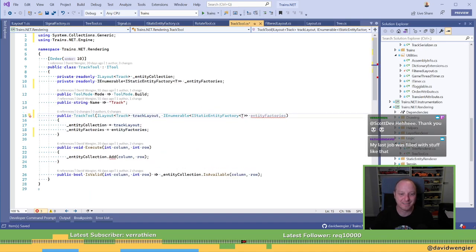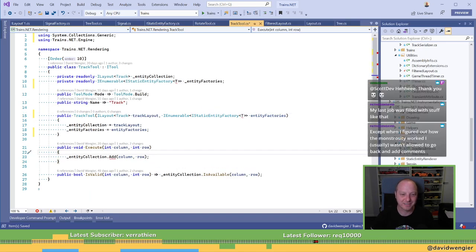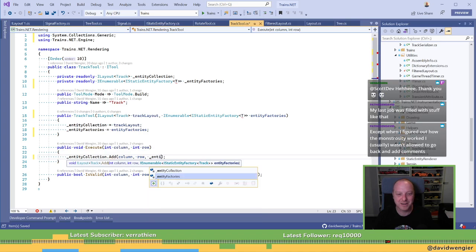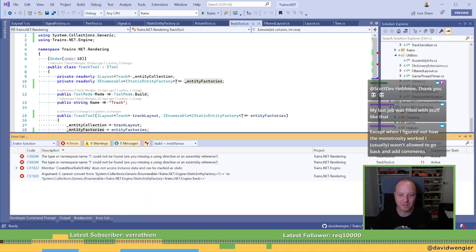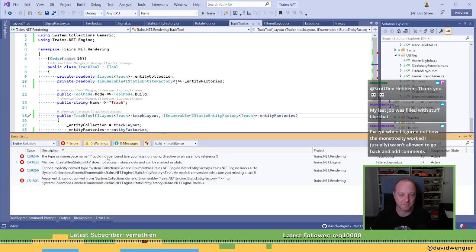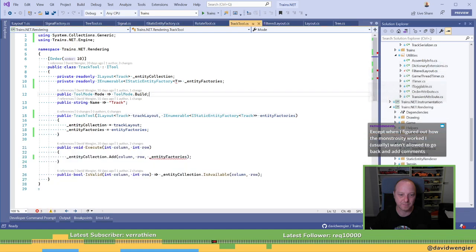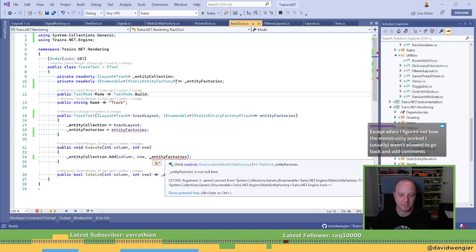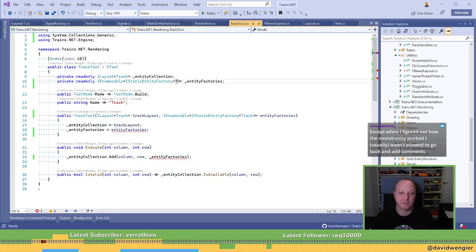Thanks for your suggestion, but no. All right, so this builds, right? Oh no, whoops. Track. Okay, this builds. Cannot convert from an enumerable of what? T? Oh, I didn't change this.